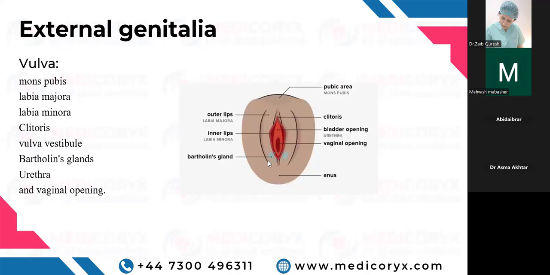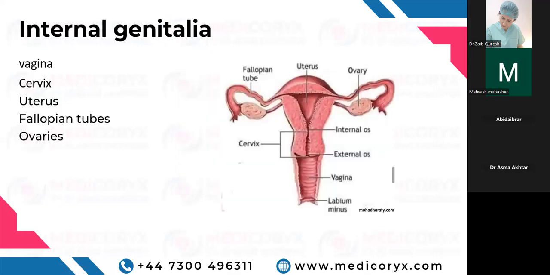Here you have the Bartholin gland on the lower side of the labia minora, and this also has a duct. Then we have the anus on the posterior side. So everything which is covered in this picture, broadly we call it vulva. We will discuss mons pubis, labia majora, minora, clitoris, Bartholin glands, etc. further. But before that, I want to tell you